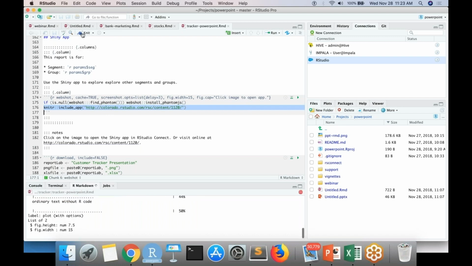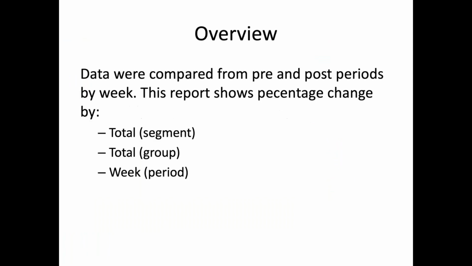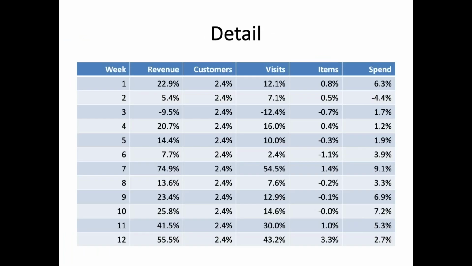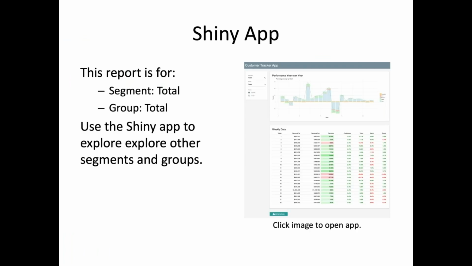Then when I knit this, it's going to go and take a screenshot of that Shiny application and put it back into my presentation. For example, this deck shows the total segment and the total group, gives me some high-level results and some details, and then it says, use the Shiny app to explore other segments and groups. And this image here is a linked image. I can click on this image, and